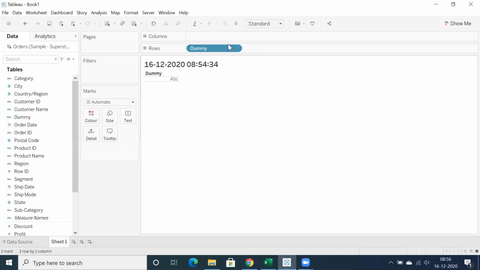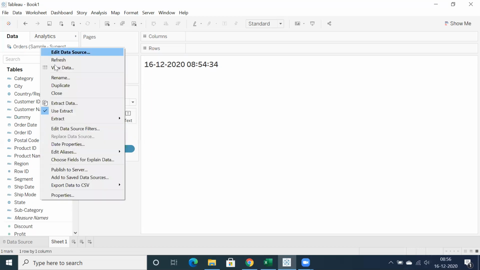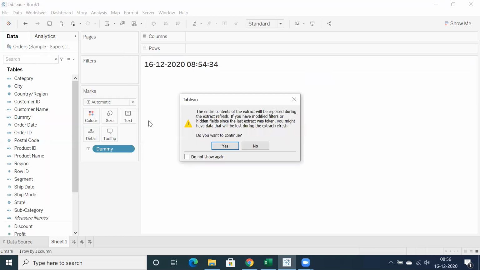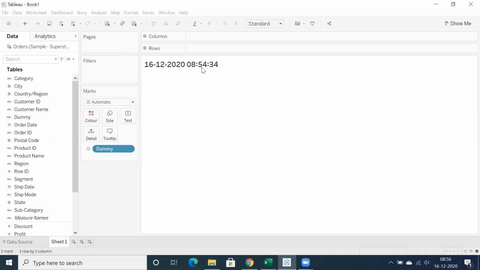So what we can do is, instead of dragging this dummy field into rows, I suggest just drag and drop it into text. That's it. So it is a properly formatted way where we don't want to do any other formatting things, because in the dummy field, it's nothing. Simple double quotes, we don't have any text, it's a space. So this is where you can capture last updated date and time. And whenever the data refresh happens, let's click on the data refresh. It will capture 8:57 or 8:56:59, so close. So this is the advantage of using one of the date fields in the title.